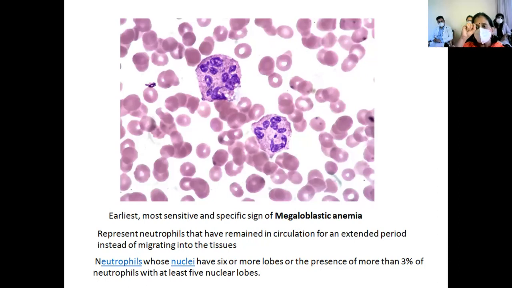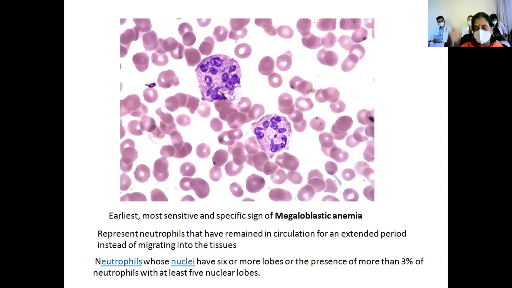That's why I tell everybody to make a mention of hypersegmented polymorphs if they're there in the peripheral smear. A good clinician, if he goes through and reads the report, something should strike his brain that this patient might develop B12 or folic acid deficiency, and just give him therapy. So just treat him with B12 and folic acid.